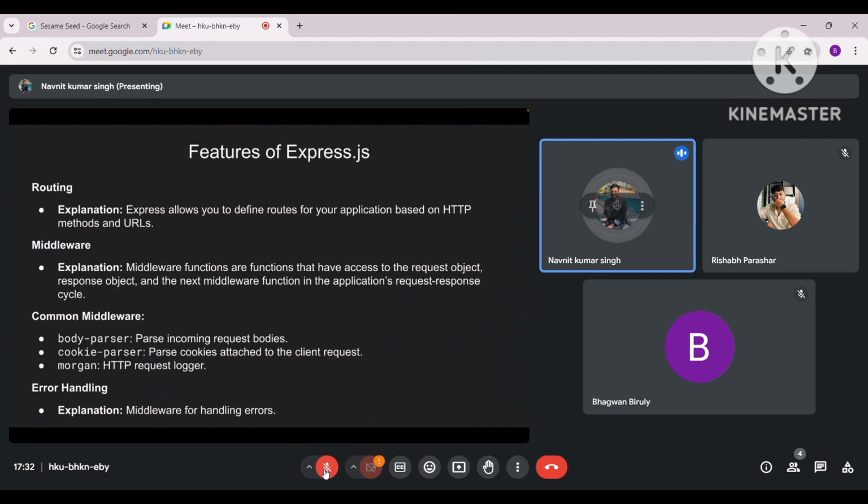The ones we use most often are routing, middleware, common middleware and error handling. Routing: Express allows you to define routes for your application based on HTTP method and URL. It uses the HTTP request for routing. And the middleware,